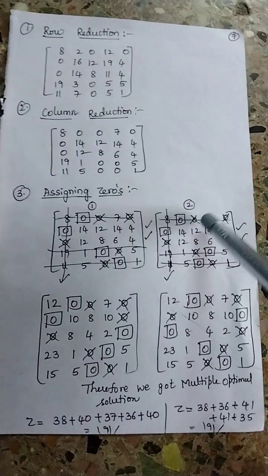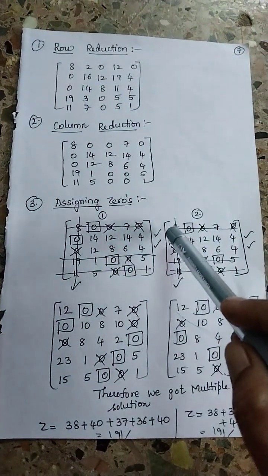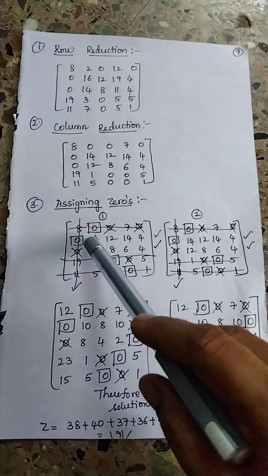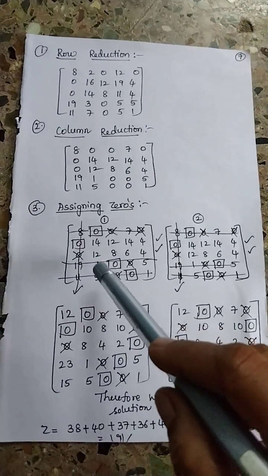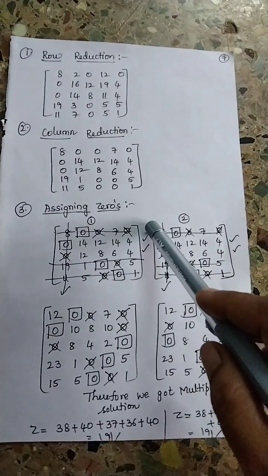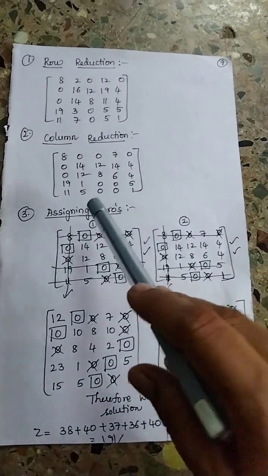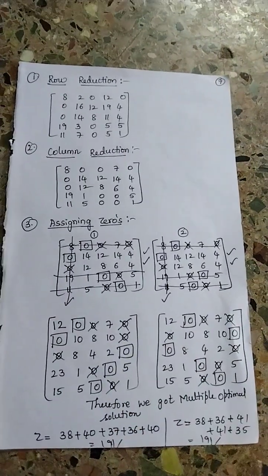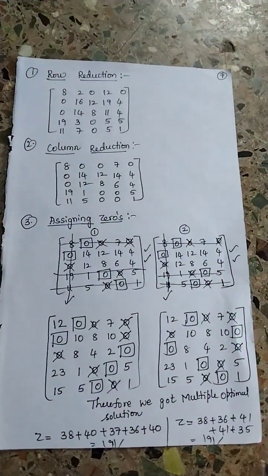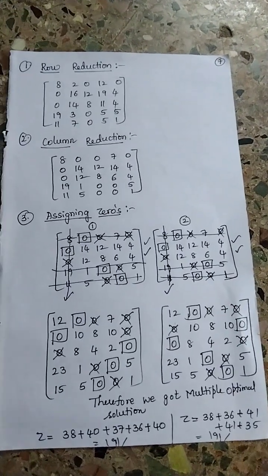The row that is not having any assignment, tick that row. In that ticked row, where 0 is there, tick that column. In that ticked column, where assignment is there, tick that row. Now, cut the unmarked rows and marked columns. Now, we are moving on to the next step, that is